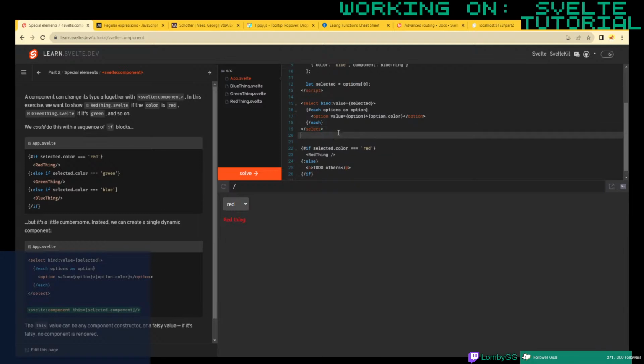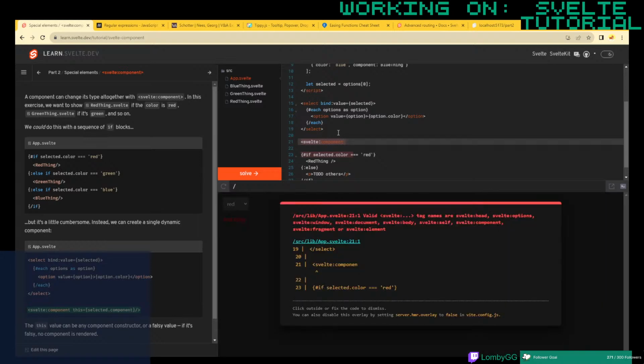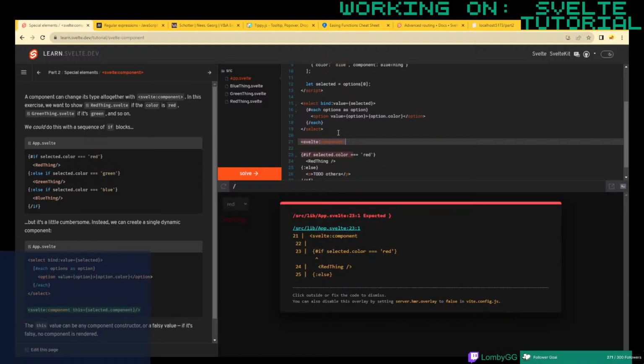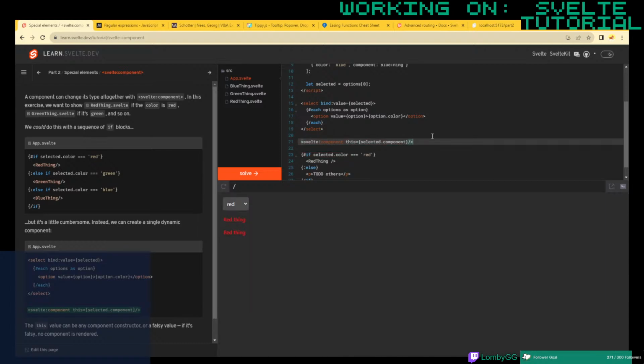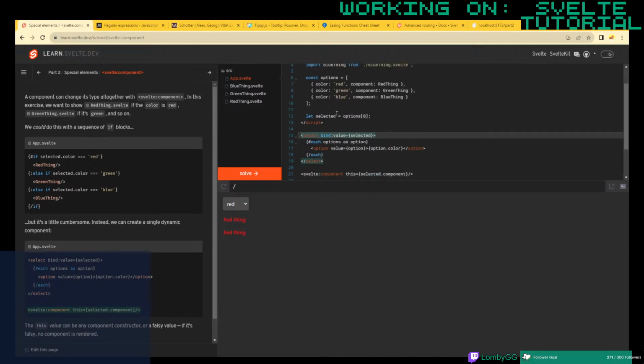And we can call our svelte:component, and we're giving it a this equal to selected.components. So this is saying, based on the value of selected,